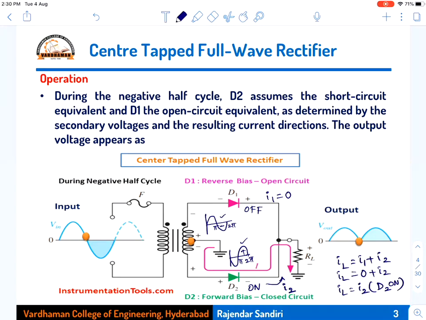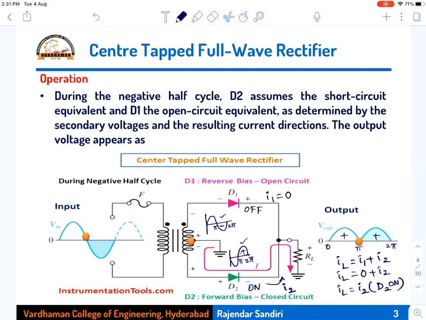So the second half cycle is because of this diode D2, and for the bottom portion of the secondary winding, you are applying the positive only. The same positive will be appearing in the output also for the second half cycle between pi to 2 pi. So the first half cycle, 0 to pi, is in the positive direction. The second half cycle, from pi to 2 pi, is also in the positive direction because the bottom portion of the cycle is taken in the positive direction. So now both the cycles will appear in the positive direction.